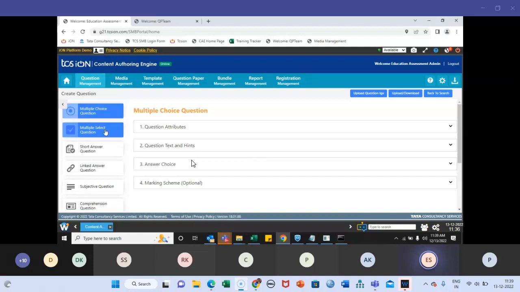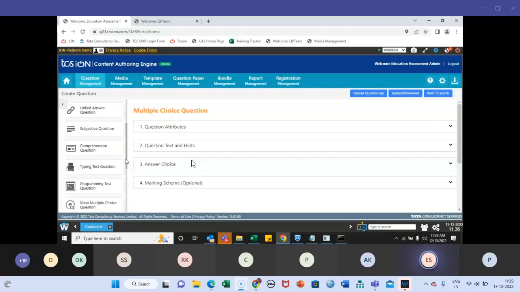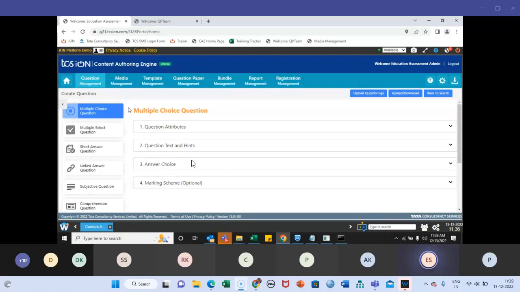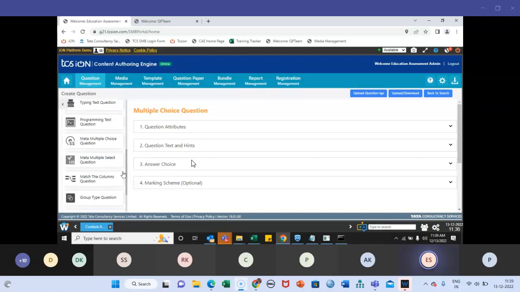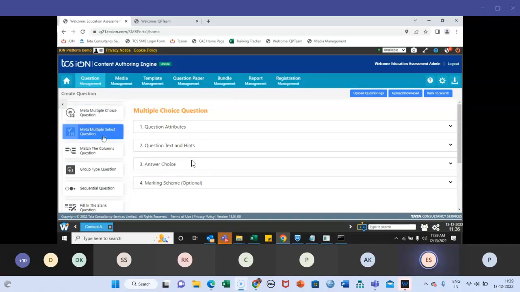So there's MCQ. MCQ is multiple choice question. MSQ is multiple select question, short answer question, linked answer question, subjective question, comprehension, typing test, and programming. These top 8 questions are something that can be created with the help of Excel as well, which is quite a fast procedure. And then we have meta multiple choice question, meta select question, match the column,